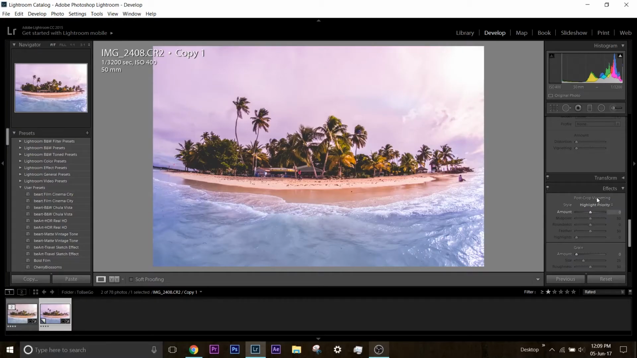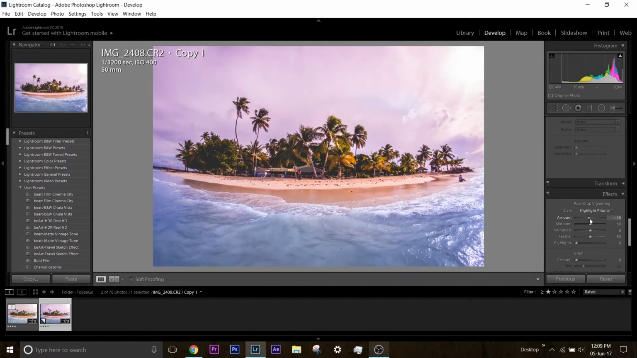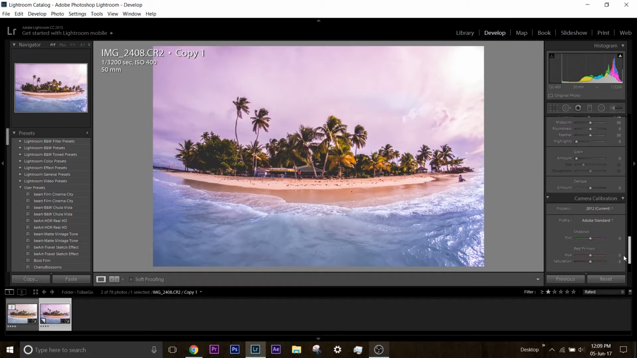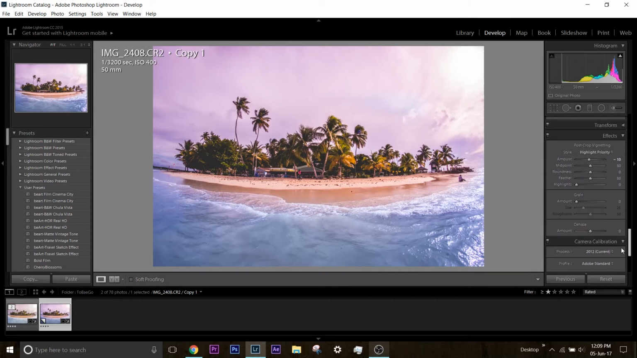Vignetting. If you remove the vignetting from the profile corrections and you want to add some back, this is where you would come. You just give it a little, about 10. That's it. I'm not going to go fancy or far into it. And the last thing,